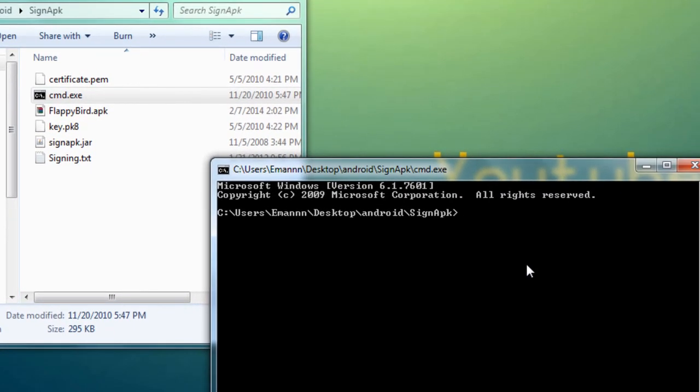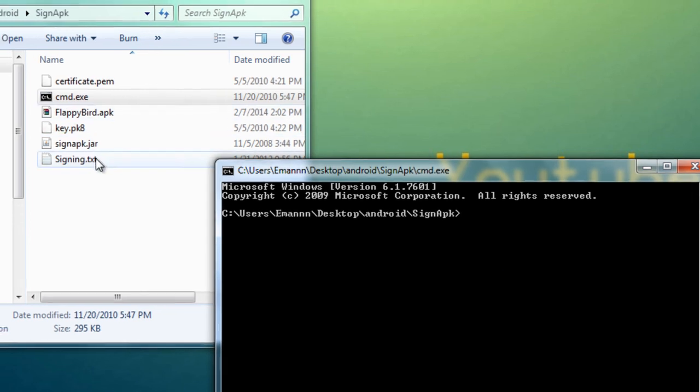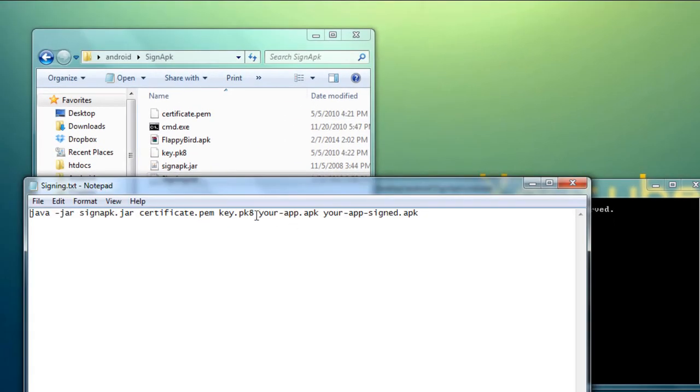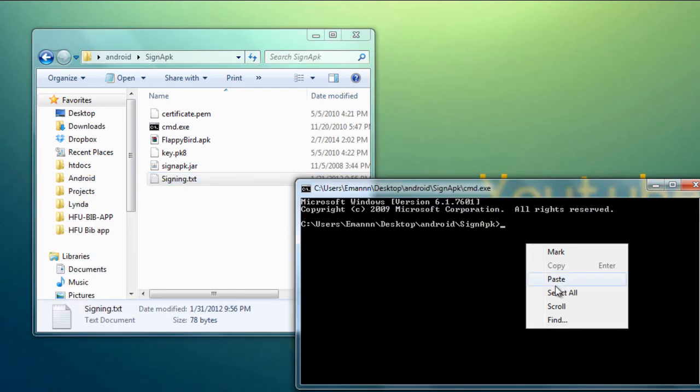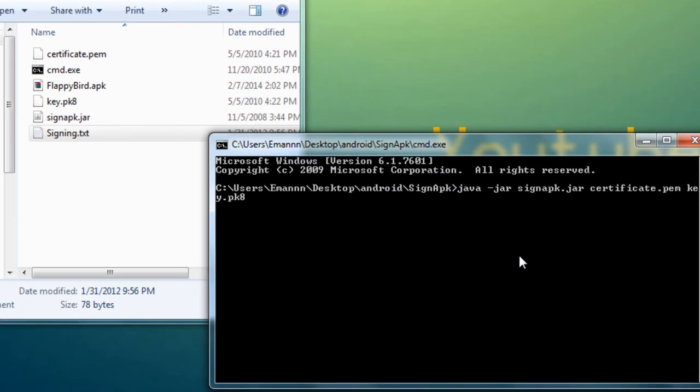Again, you can open this one and copy this command, right click and paste, and then type the APK file that you put in the folder, that's happybird.apk, space, the file name that you want to sign.